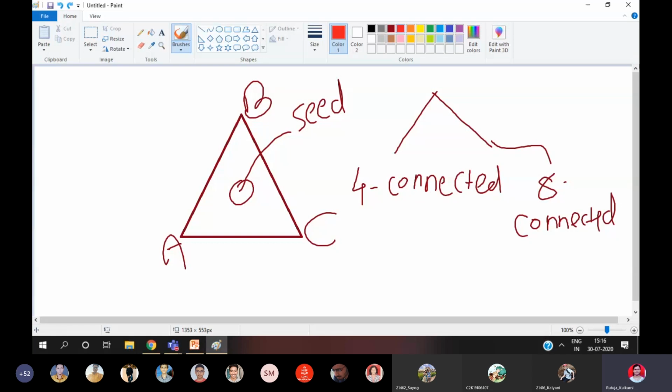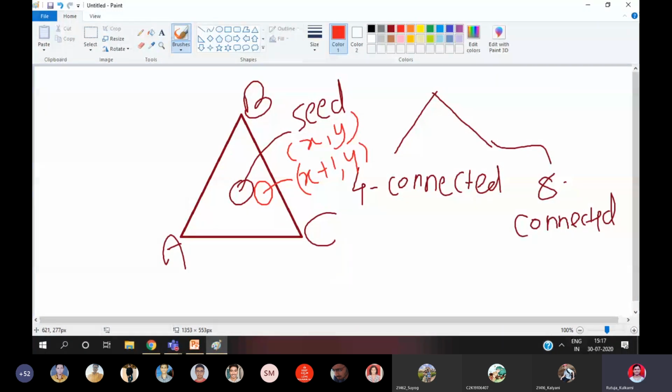Four connected means one pixel in the x direction, that is x plus 1. Consider this seed is x comma y. So what about this pixel? It's x plus 1 comma y. If you observe, in this case y is not changing, because we are moving in a horizontal direction.